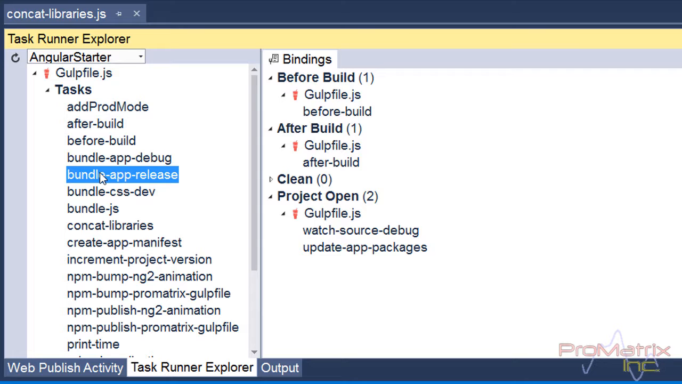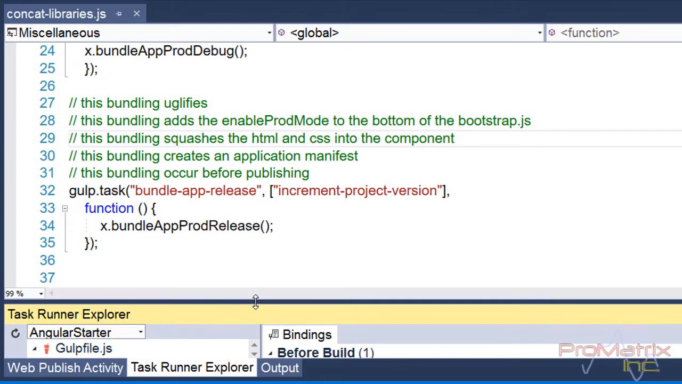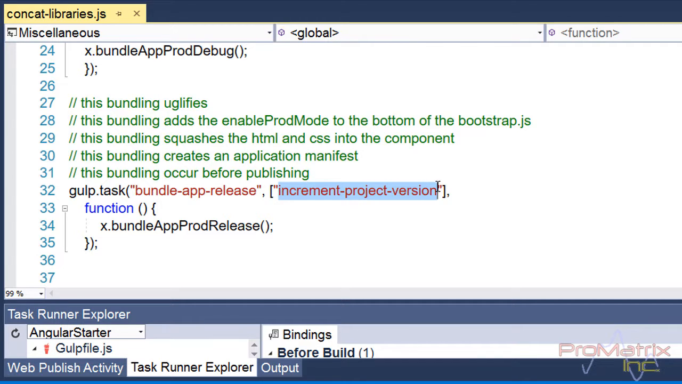To execute this task, you can double-click on this task in the Task Runner Explorer, or you can bind it to an event. Let's take a look at this Gulp task. You may notice that it has a dependency that will be completed first before doing the bundling. The way this task is written, it will first increment the project version number before doing the bundling for the